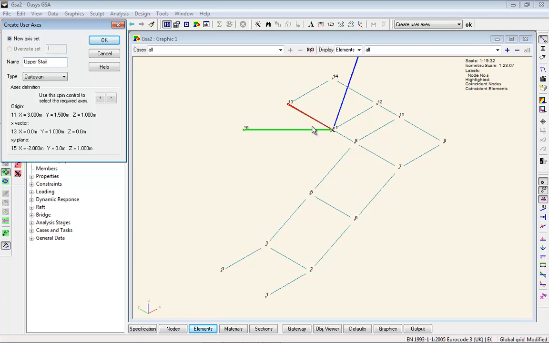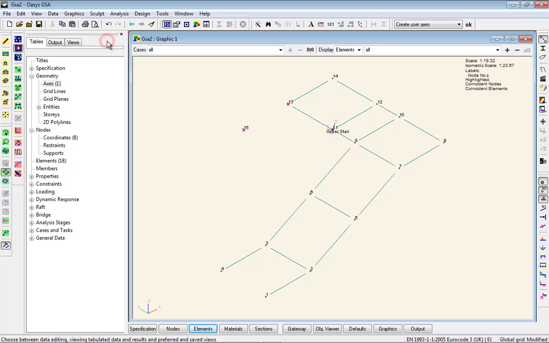So red is X, green is Y, blue is Z. We see we now have an upper stair axis, and we've also got, let's refresh that, a number of nodes. Some are red, some are black, and